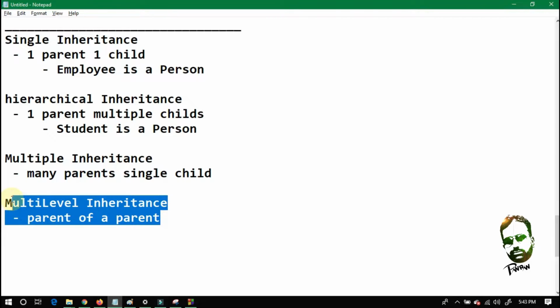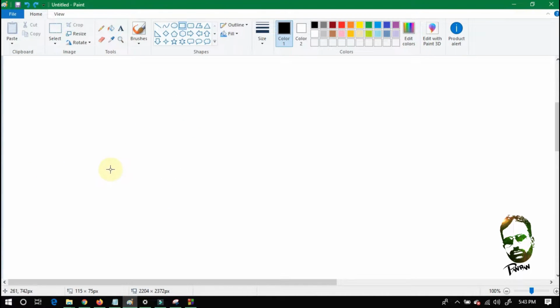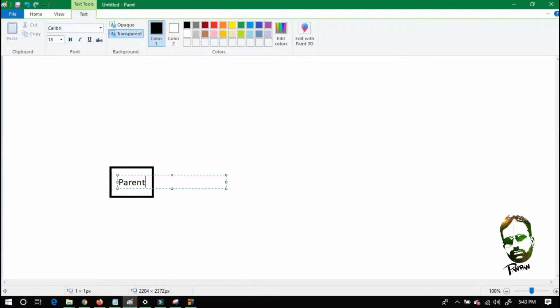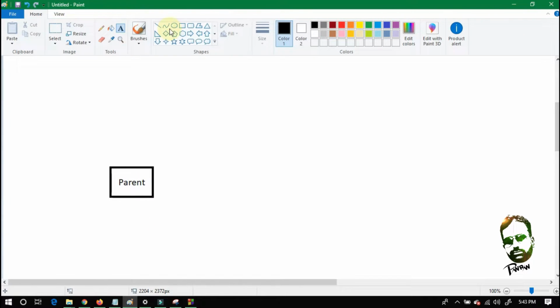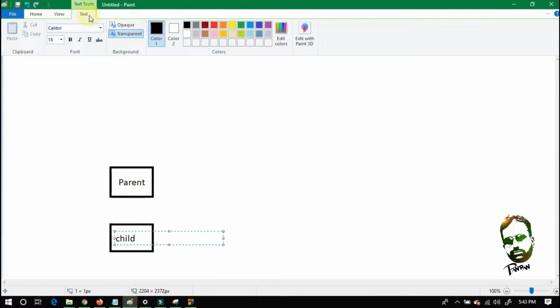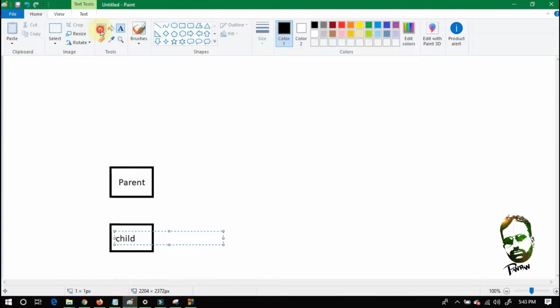So let's take an example from a pictorial diagram. Let's suppose there is a parent and there is a child. As you can see here, this is a single inheritance.